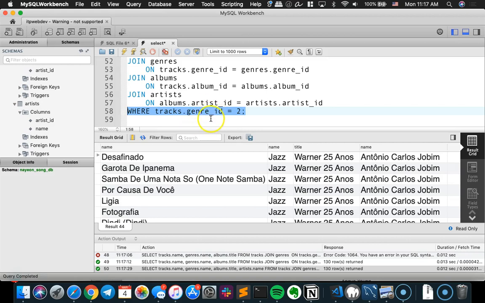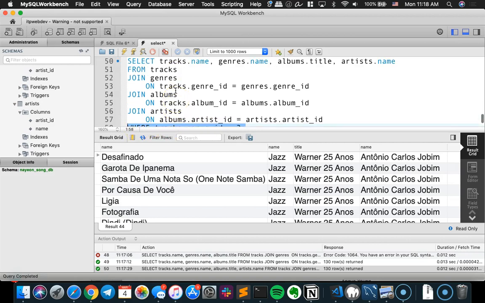So the key thing was I only wanted to get jazz tracks still, right? That was the big thing there. However, I also wanted to show a lot of information. I wanted to show the genre, the actual genre name here. That's why I had to join. And I had to actually show the album name. That's why I also joined. And then lastly, I needed to show the artist name. That's why I also joined the artist. So we're merging 3 tables together in one, just so I can see all this together